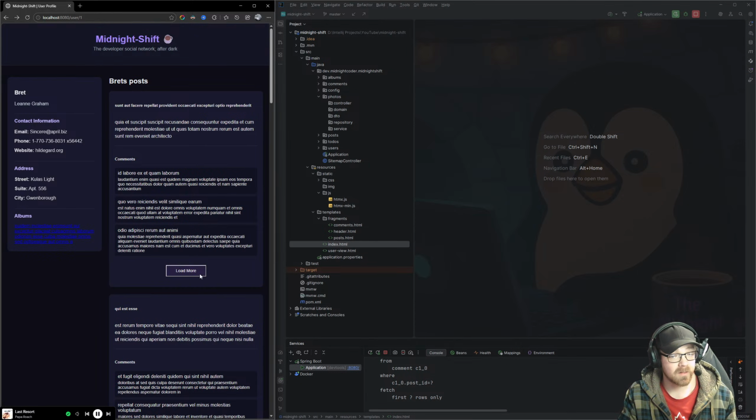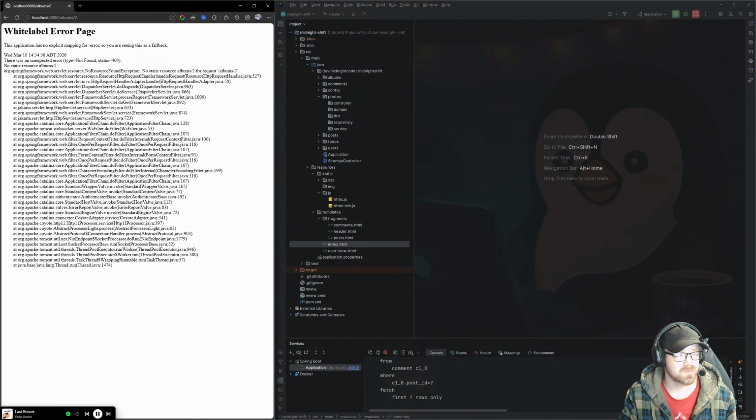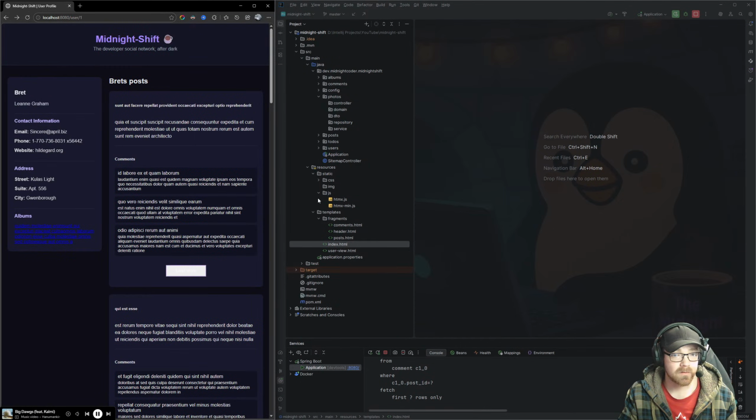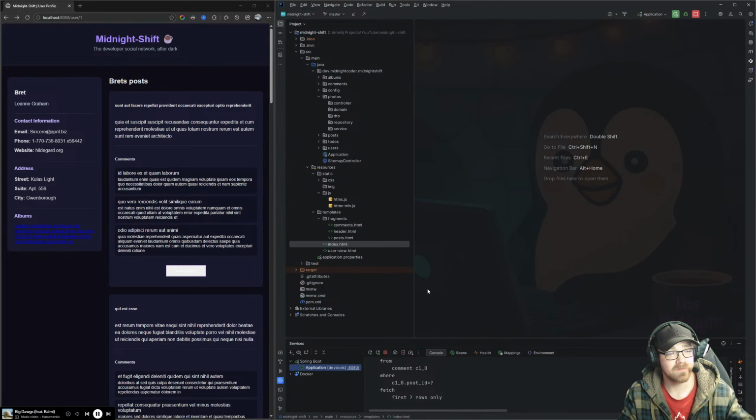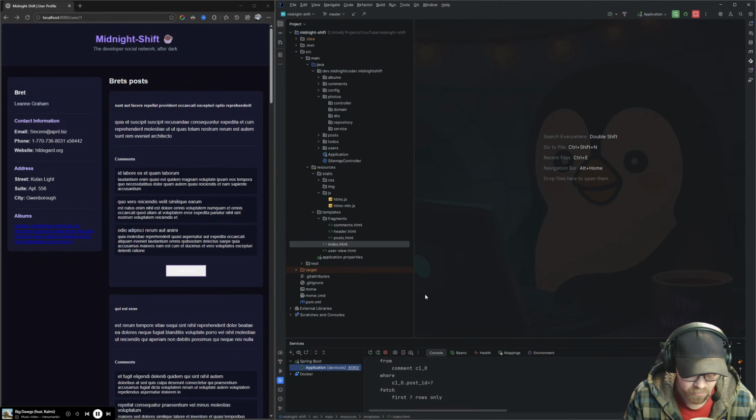So we're going to go ahead today and we're going to make these album pages work. So when we click on one, it's going to take us to a page full of photos that are inside of said album. So let's make sure we've got that full cup of coffee. Coffee, coffee, coffee. And we'll dive on in.